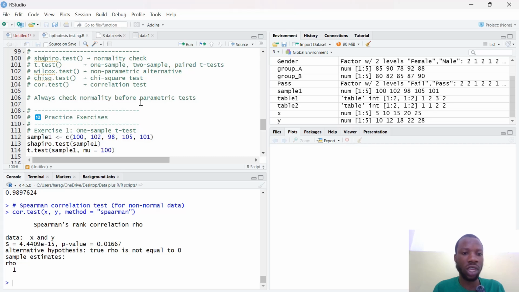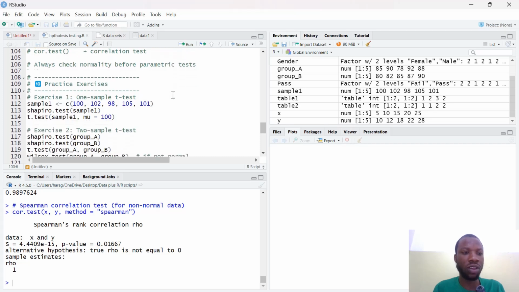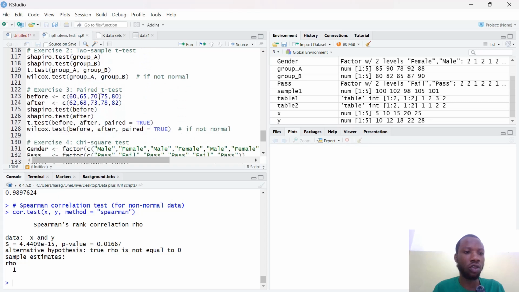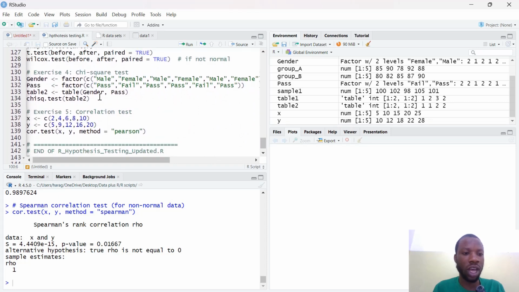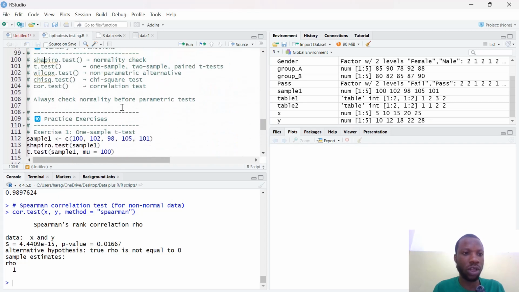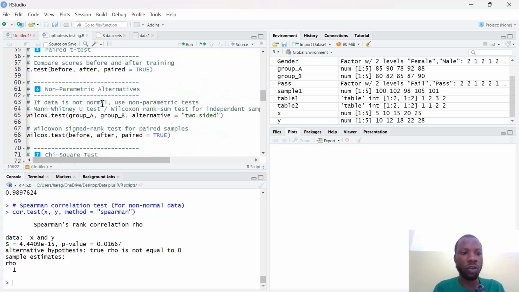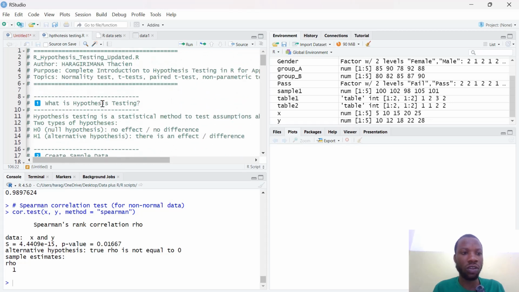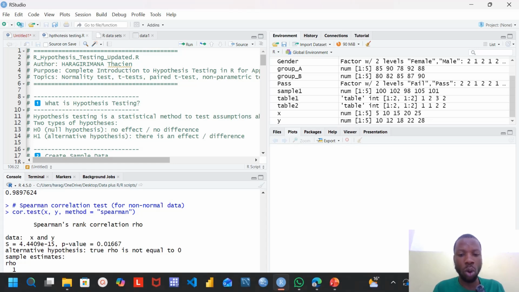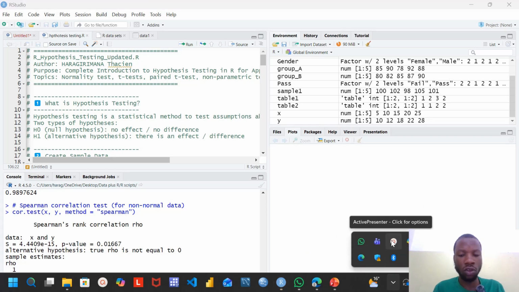So always checking the normality before doing a parametric test is important, and these are the practical examples I provided to you so that you can continue to enjoy the rest of the session. Try to do the practice as much as you can, and feel free to ask any questions on what you are not understanding very well, so that it will be easier for you to master hypothesis testing before going to regression analysis or other techniques like machine learning. So you need to understand